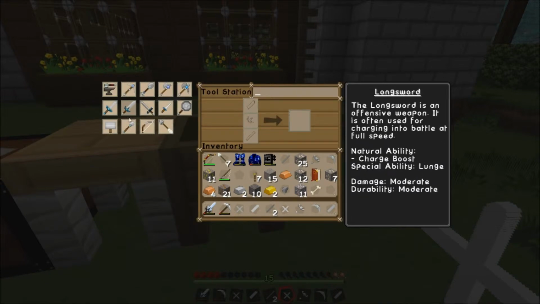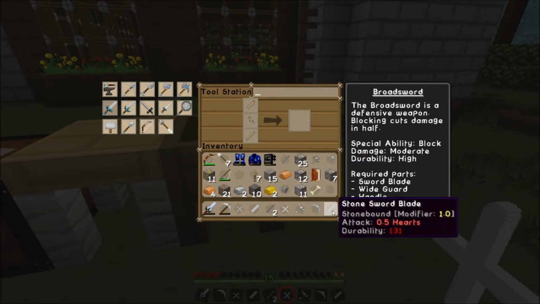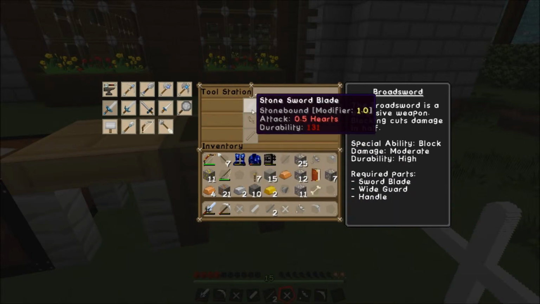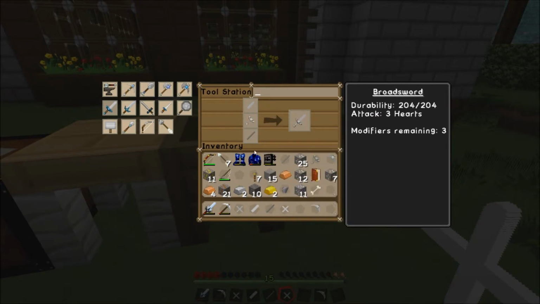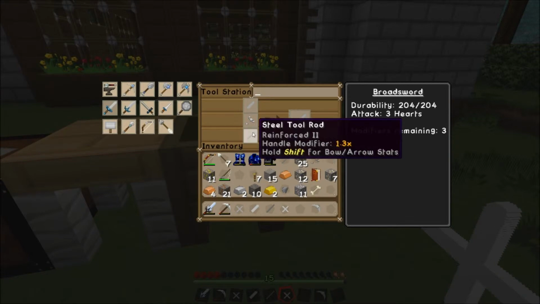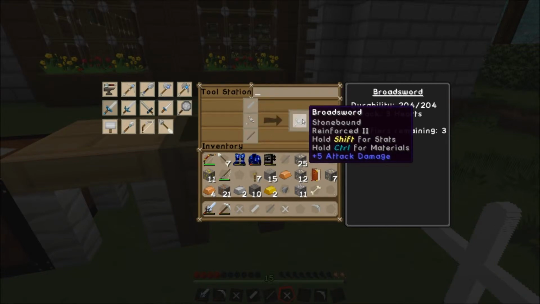So like here, if I wanted to make a longsword, I was going to need the smaller guard that you see in the patterns, but I'm not. I'm going to make a broadsword. So with the steel that I've got, the blade also tells you what you need here. The handle itself, and the steel wide guard, which would make me, yeah, everything there is steel, a broadsword, which is +5 attack